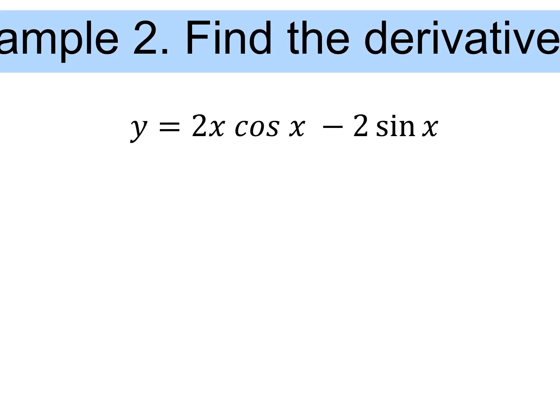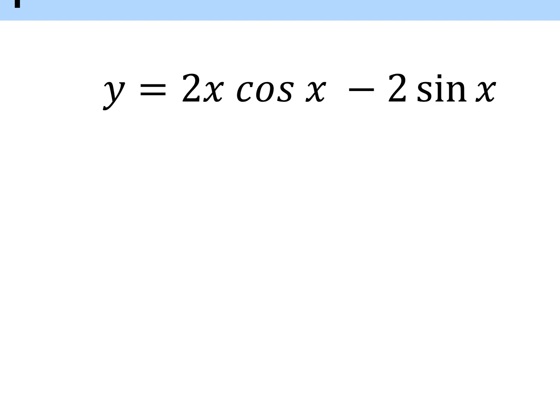So example 2, we're going to find the derivative. Same thing, we want to take the derivative of each term. However, in our first term, we've got 2 things that we're multiplying here. So what would I have to do here? For multiplying, the product rule. So we have the first times the derivative of the second plus the second times the derivative of the first. So our first is 2x times the derivative of the second. What's the derivative of cosine of x? Negative sine of x